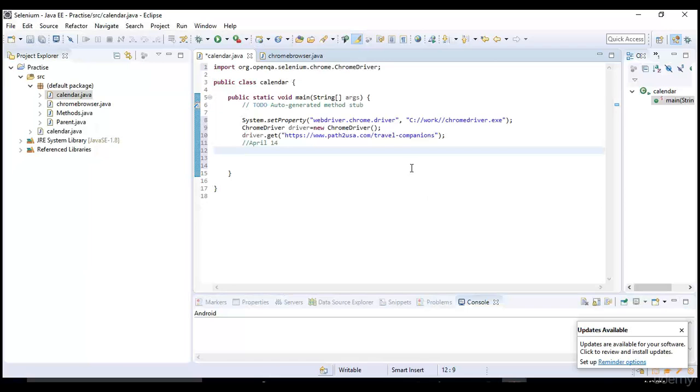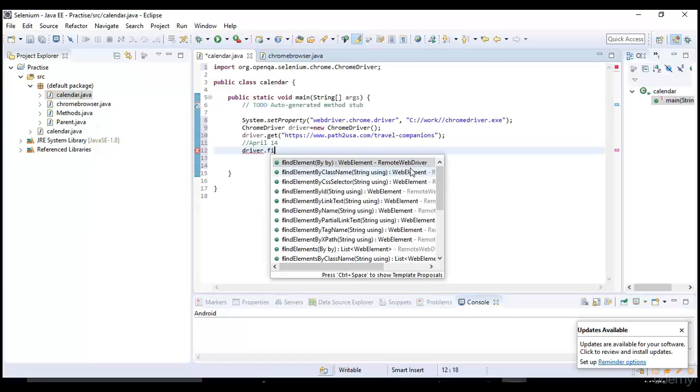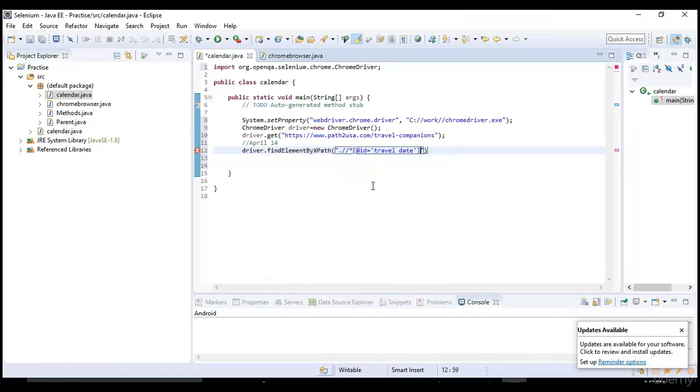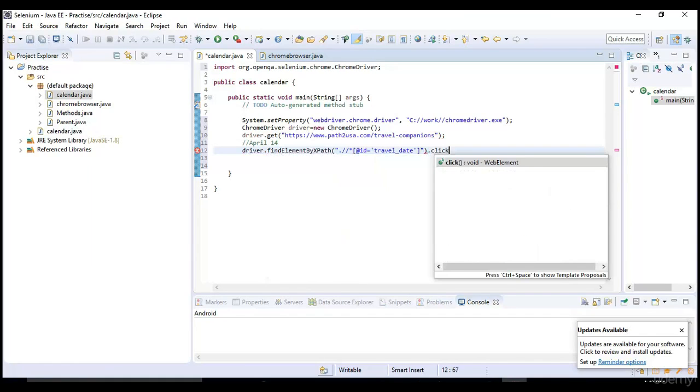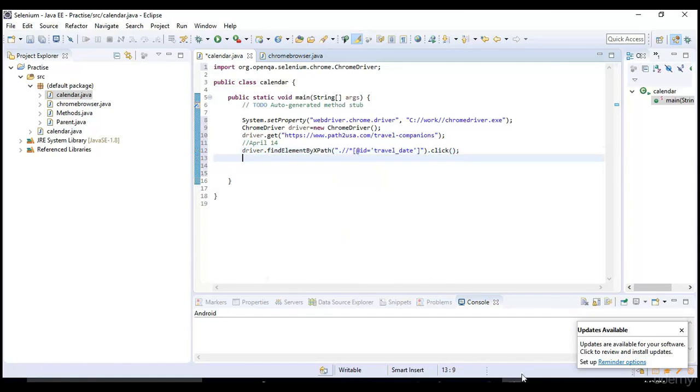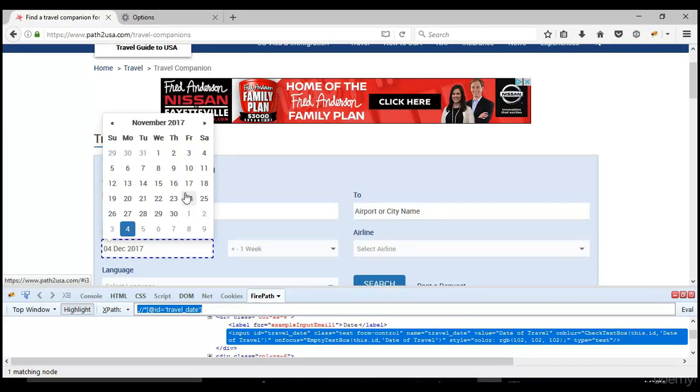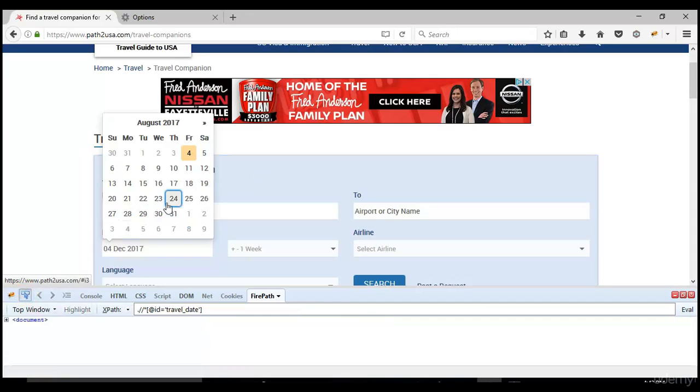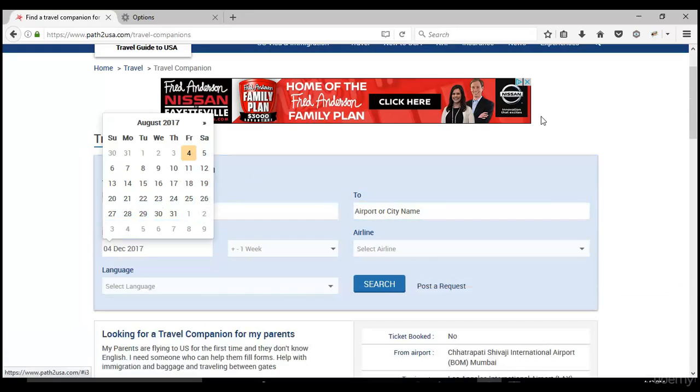Let's quickly write the XPath of that and open the window. Before we do anything, we need to open that window, right? So I will simply say driver.xpath, click, done. Now let's say I want to select a day of August 23rd. Let's select this date. In this case, it's better you use CSS because we need to get some common object across all the dates.